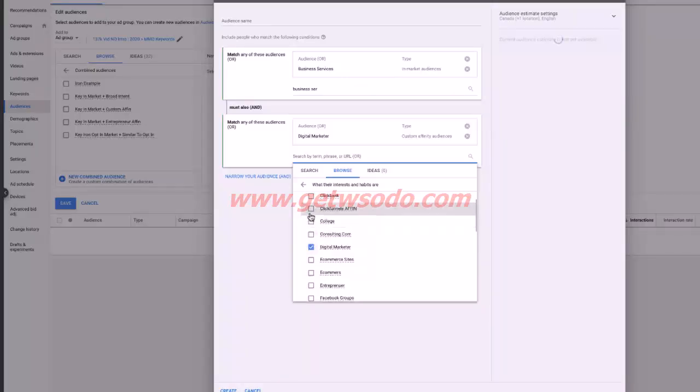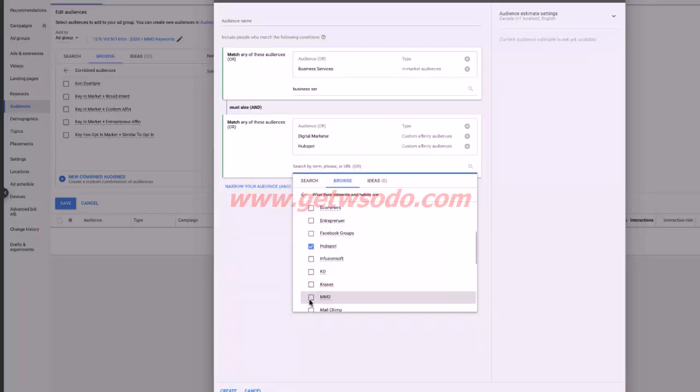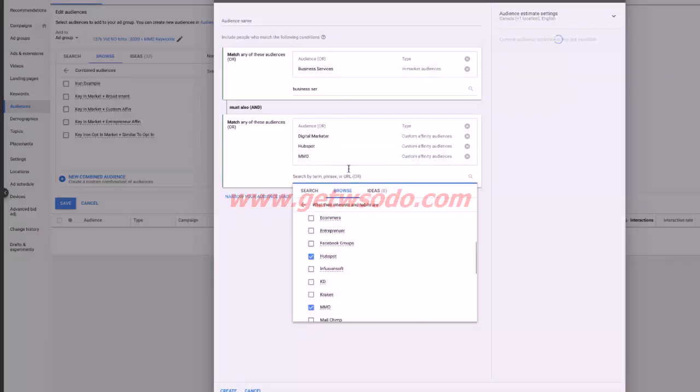So I could do like digital marketer. And I'm usually going to stuff a few of these in here because sometimes it doesn't start up and it's kind of wonky with how it will work. So I might go put a few of these in there. So people that are in the business services are visiting Make Money Online websites,